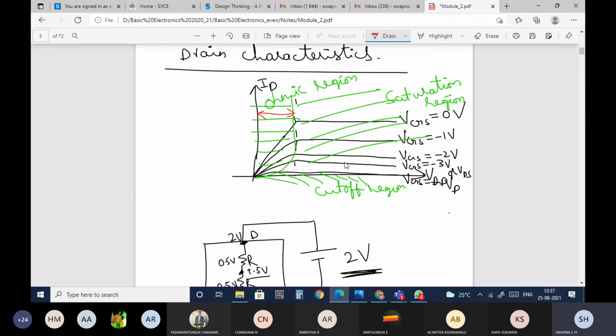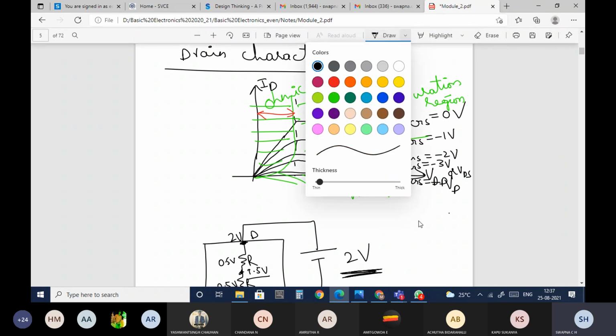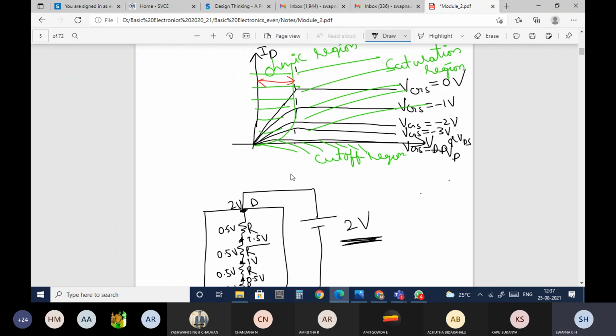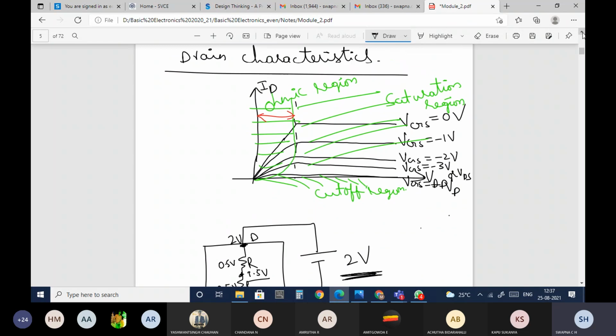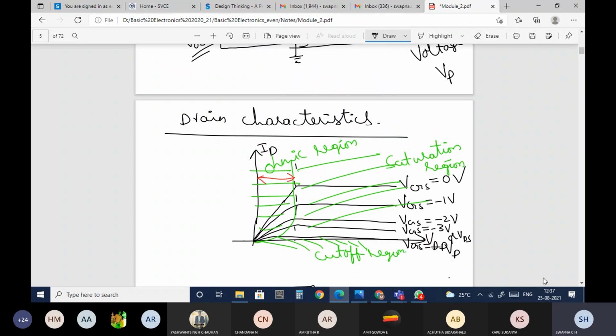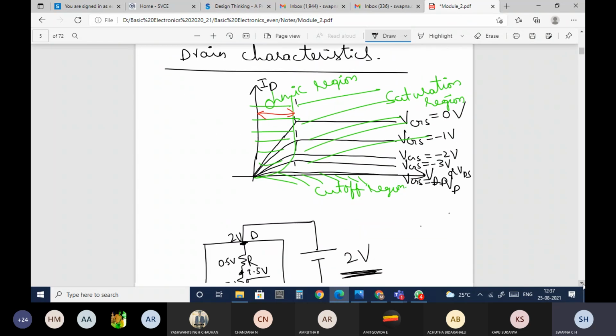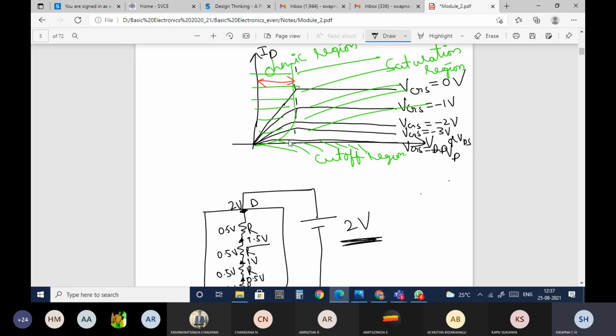So these are the characteristics of the N-channel JFET, and specifically these are the drain characteristics. As VGS is increasing, the current through the device is decreasing.